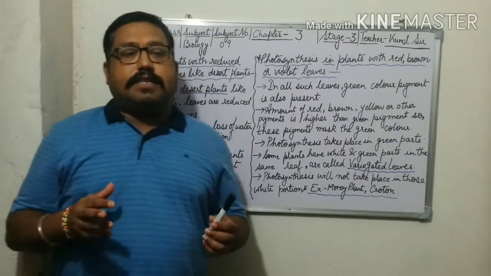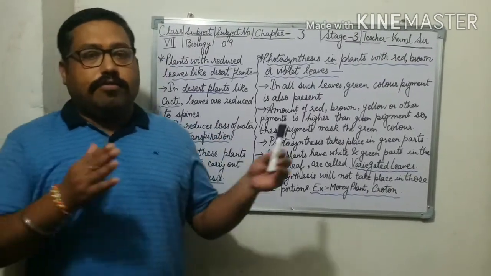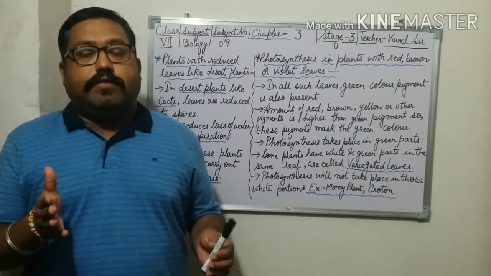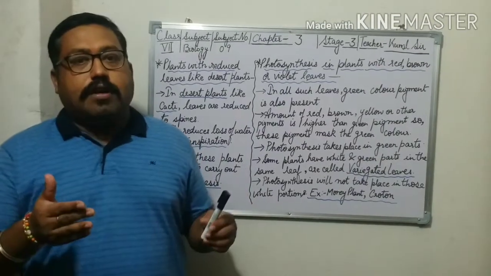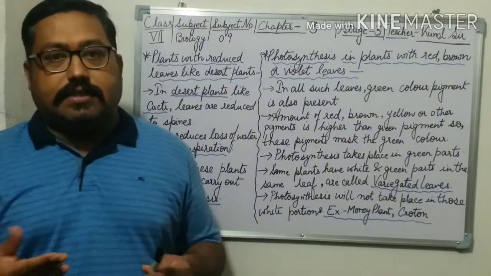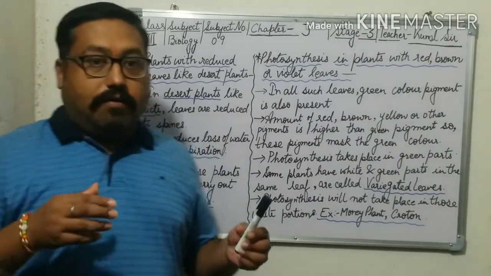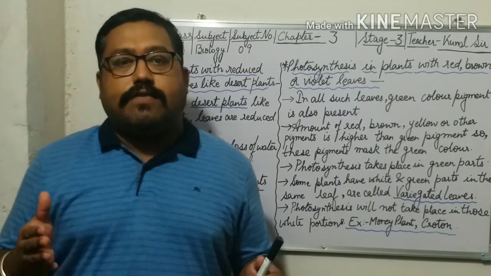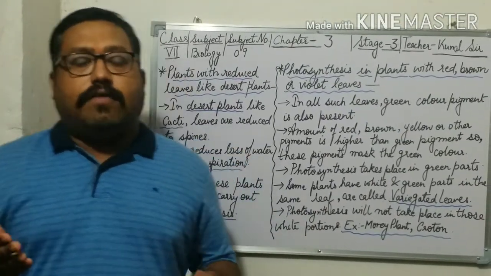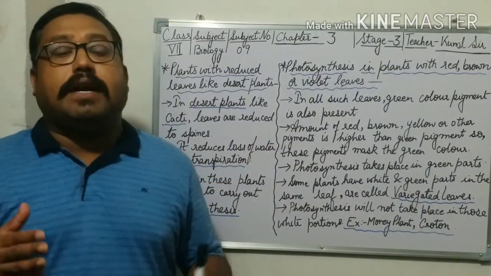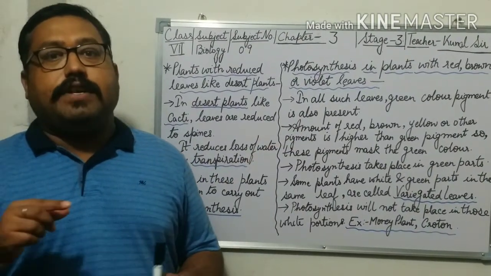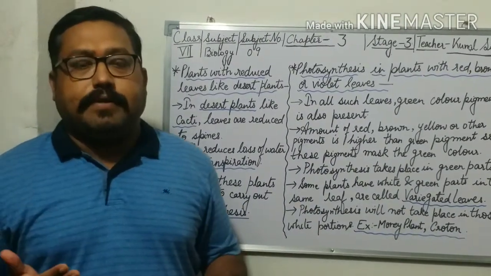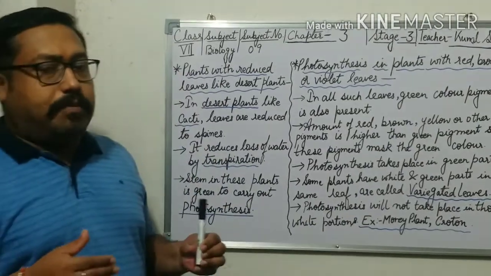Till now we have discussed in chapter 3, plant life, about photosynthesis and stomata as well as the chlorophyll, which helps in the process of making food within photosynthesis. But there are many plants on our planet Earth whose environment is not suitable for them, and some plants have leaves of different colors like red, brown, yellow and other colors. So what happens to them?